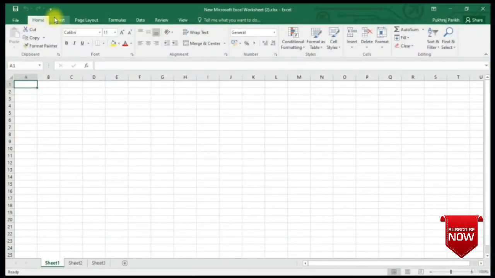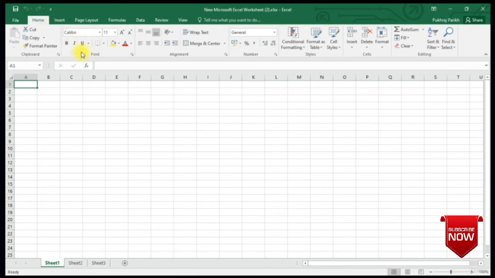For now, I will give you a brief overview of these tabs. In the videos to come, we will dive deeper into all the options you see in these tabs. The first tab is the Home tab. You'll probably spend most of your time with the Home tab selected.